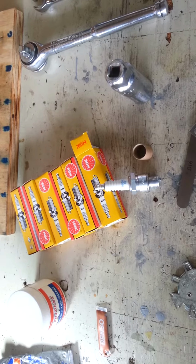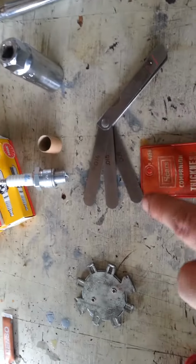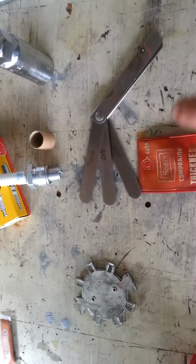These are BKR 7Es, I believe, and we've got them gapped to 40 thousandths. Get a good blade feeler gauge, that's what I use, and then I use this just to separate or adjust the tip of the spark plug with this, but I don't actually use the gauge. You could. And then with the O2 sensor,